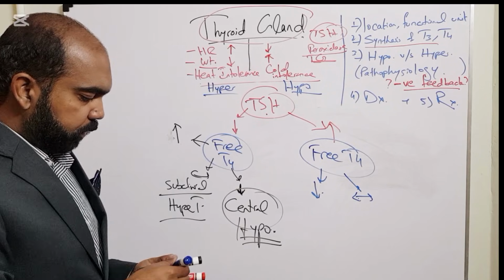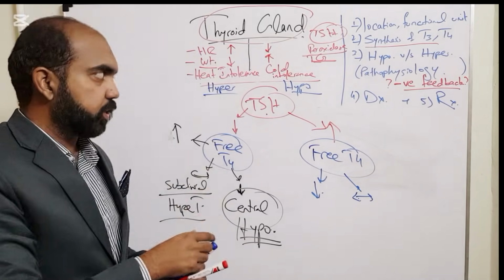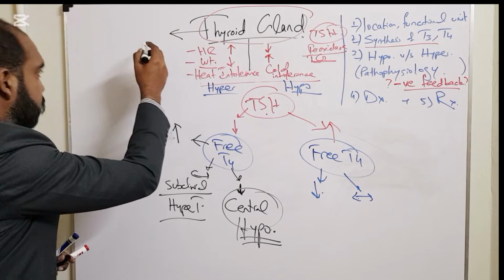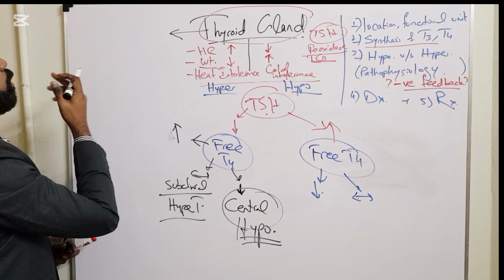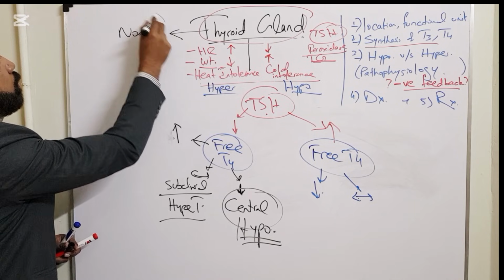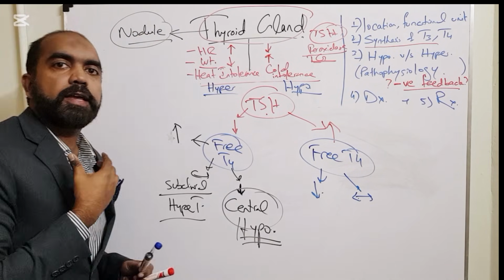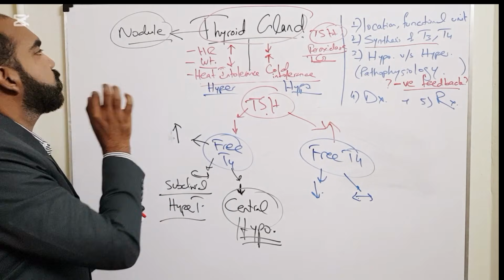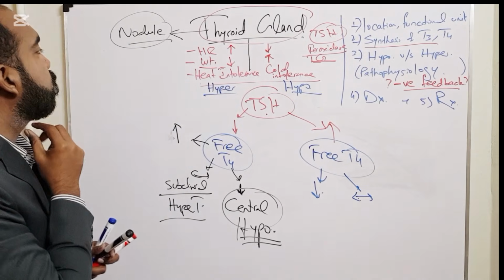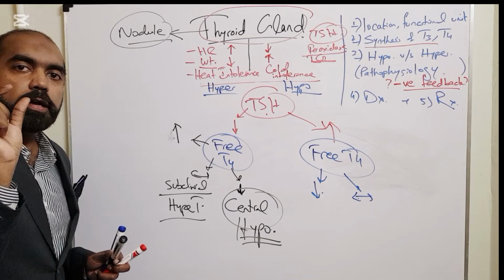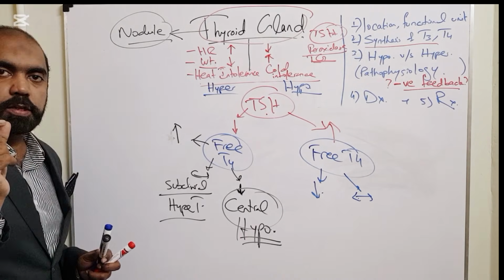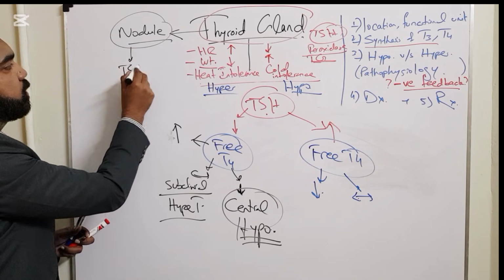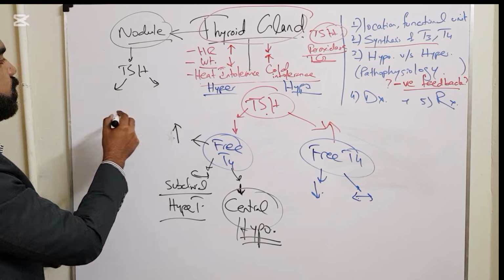So now, one more important point here is, for example, if you don't have this presentation here, not the clinical symptoms, but a patient comes with a thyroid swelling or a lump or a nodule, a thyroid swelling inside the neck. It can be diffuse. Diffuse here means the whole gland is involved, or it can be at a certain point, only one part of the neck, not diffuse, only one follicle or one part of the lobe is involved on one side. So in that case now, again, we would check TSH, and if TSH is